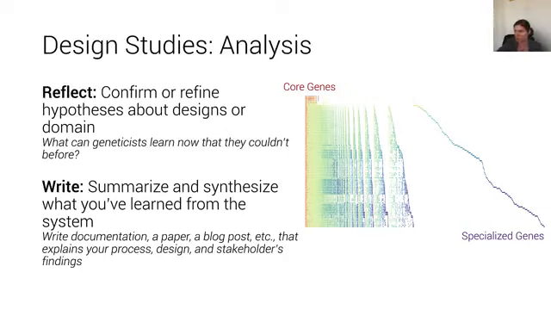For example, one of our validations with the Sequence Surveyor tool was to look at a set of 50 bacterial genomes, which I see here. And what we could find is that by reordering the genes within each genome and coloring them according to their relative position in a particular organism, in this case, bacteria that is an Aphid coli. So this is a bacteria that is found in aphids. So aphids are small organisms, and these Aphid coli have been basically pared down to a very small set of genes over time to try to fit within the smaller space and within the form, essentially, of the organisms that